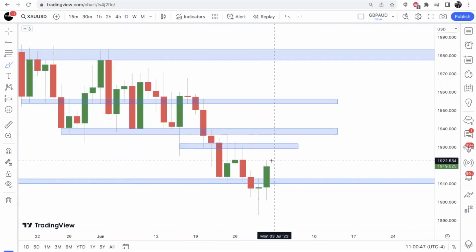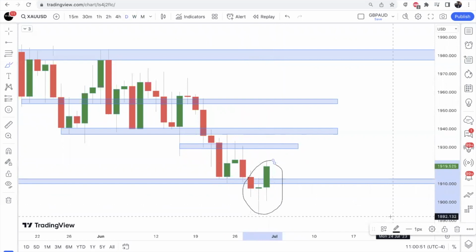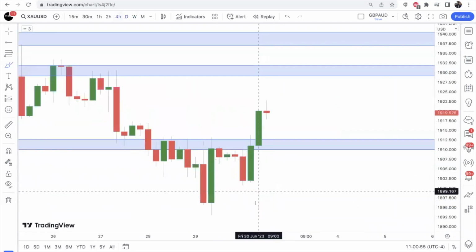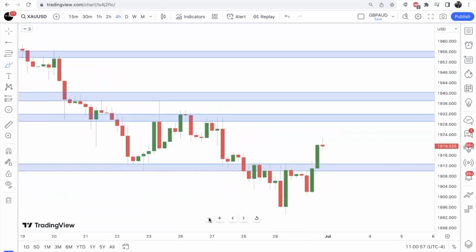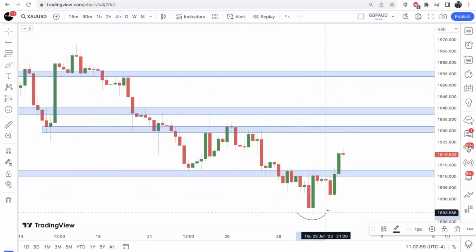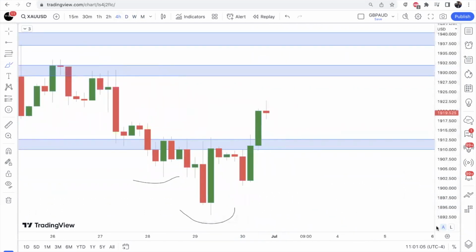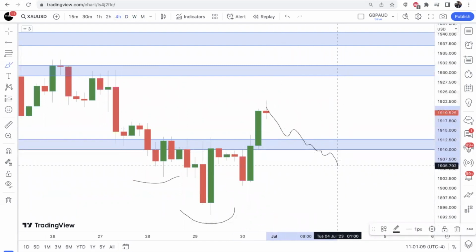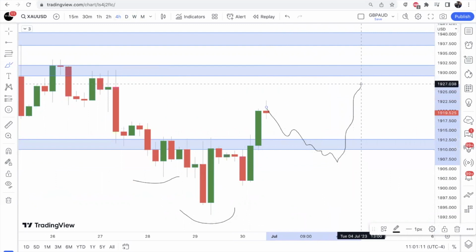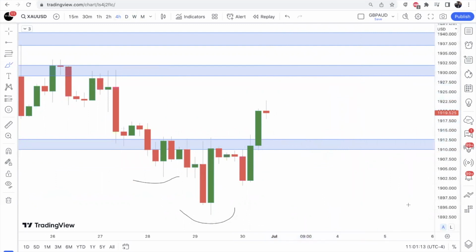So we see here on the daily, excuse me, not the monthly, this is a nice morning star pattern. All right, it's a bullish indication. So what I'm looking for, if I go down to the smaller time frame, looking at this on a 4-hour, this is an inverted head and shoulders right here. Head, left shoulder, right shoulder, inverted head and shoulders. Nice pattern right there. So what I will look for, I want to see a pullback into this level, right? A pullback or a retest into this level and look for price to continue up.